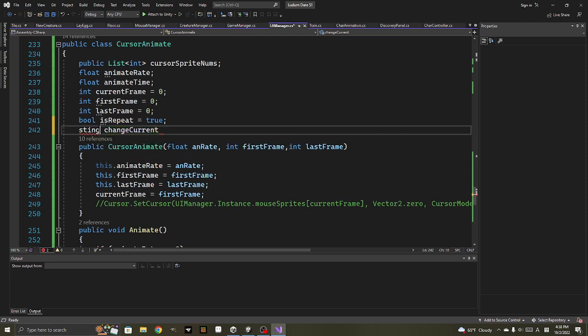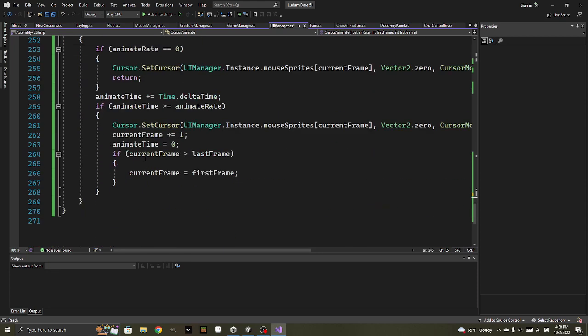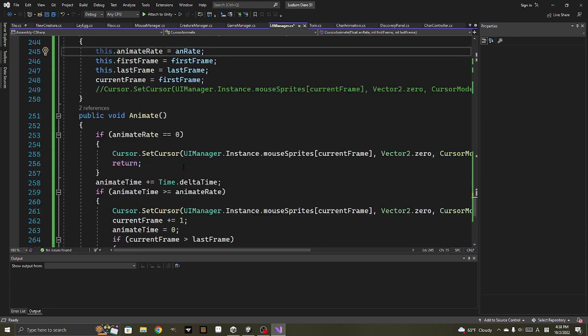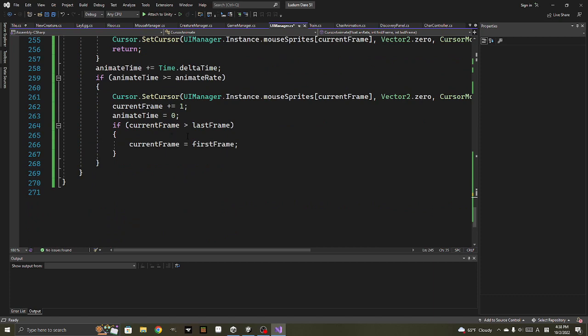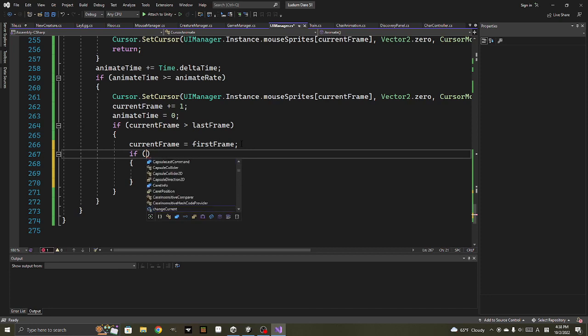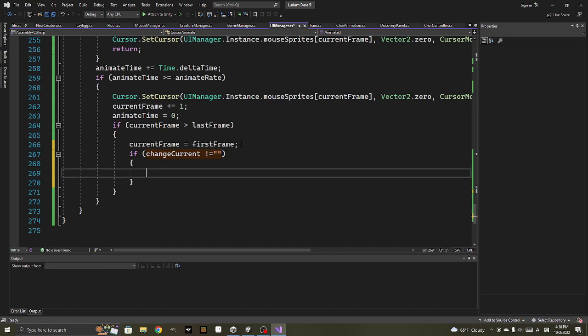Whatever. So what's going to happen is when we get here, instead of going to the first frame, if change current is not equal to this, then